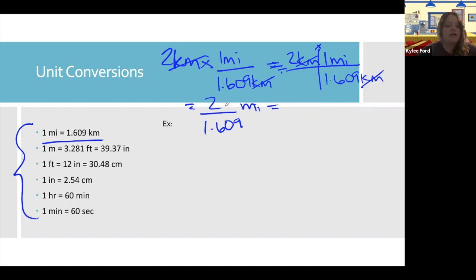So now we take out a scientific calculator and we say 2 divided by 1.609 equals, and we get 1.24 miles, okay? So it's about 1.25 miles that we would have to walk or drive to, whichever we're doing